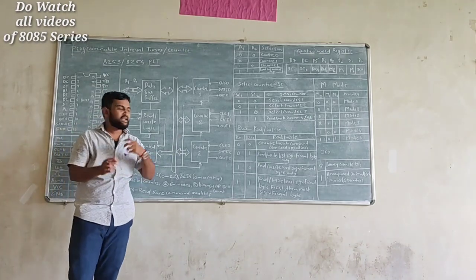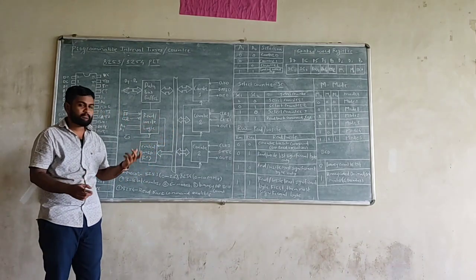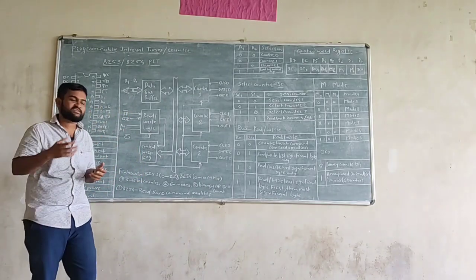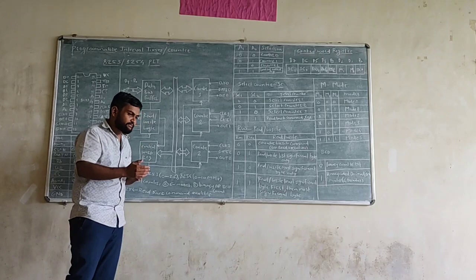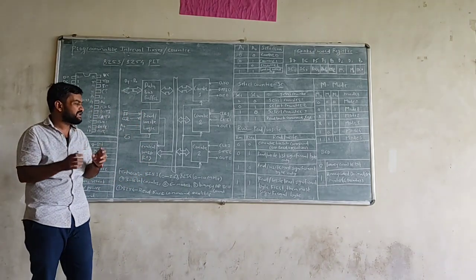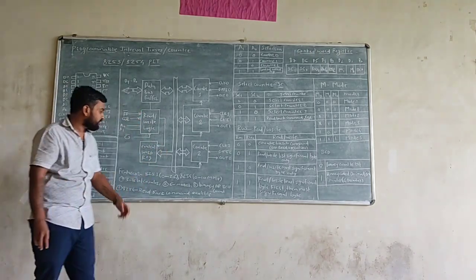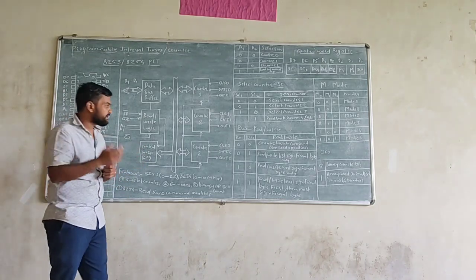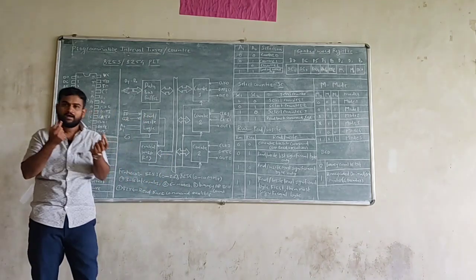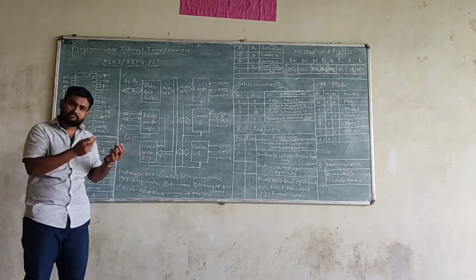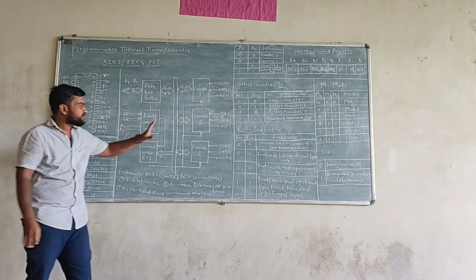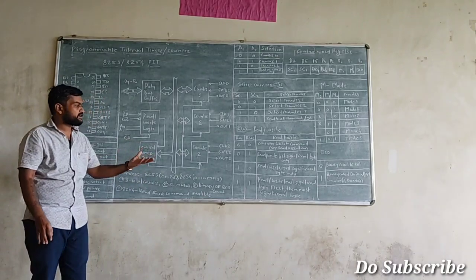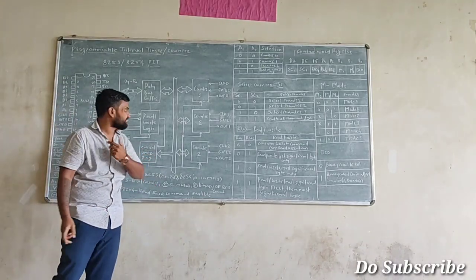Whenever we want to select any counter for doing the work, we are able to select that specific counter. After that, this IC supports 6 different modes. Among those 6 different modes, if we want to select any targeted mode, for that purpose we also need a control word register. Control word register is an 8-bit register where we have multiple pins. By changing the value of them, we are able to select a targeted counter, and with that we are going to select the exact mode of that counter IC.